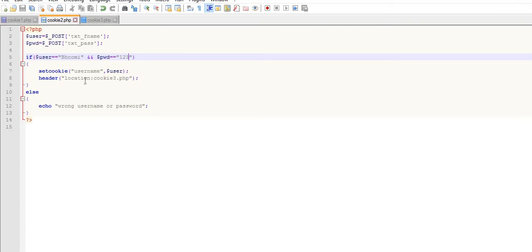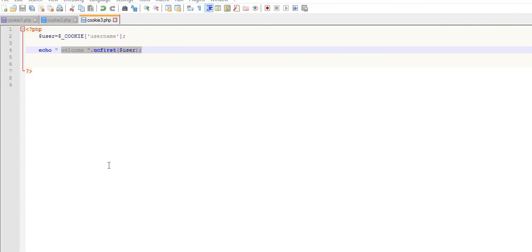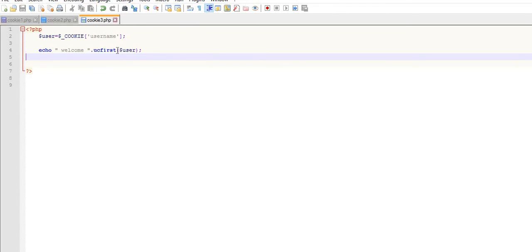Whichever username you set is set into the setcookie function, and if password and username match, then it gives the message welcome to the user. In this example, I showed you how to set a cookie name and how to retrieve a cookie value.